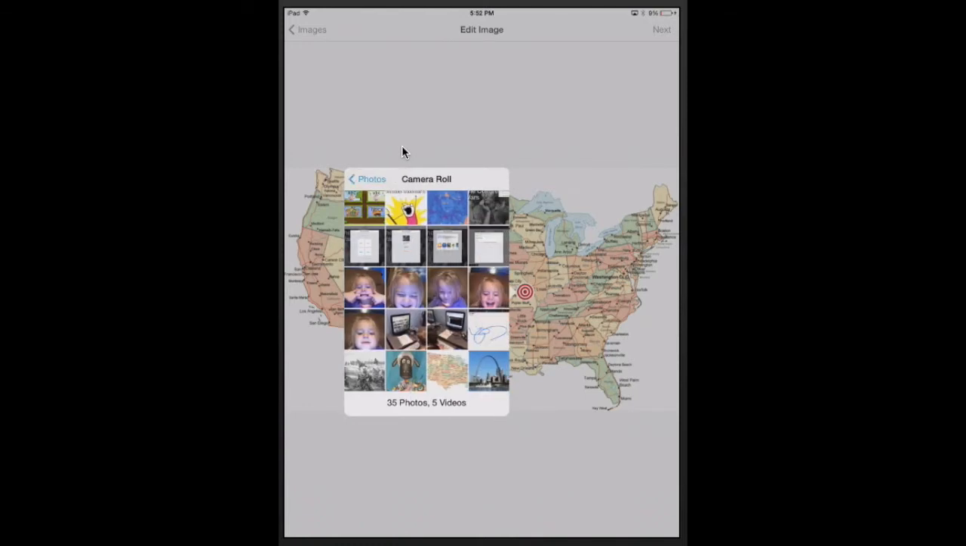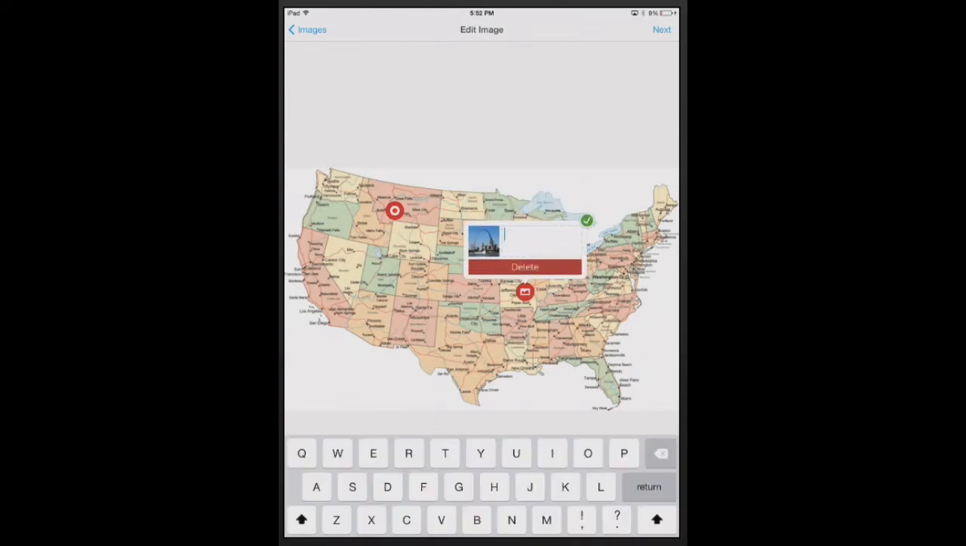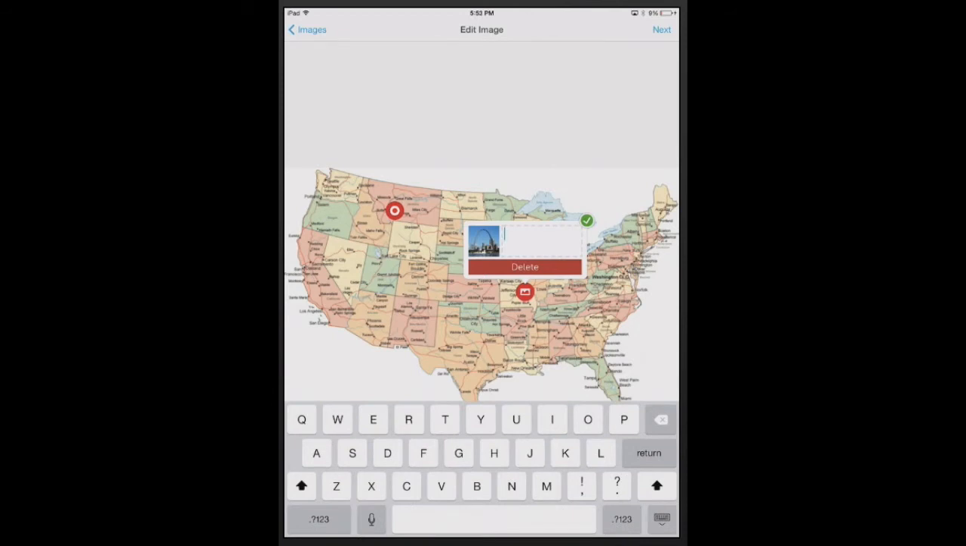And from my camera roll, you can see the arch there. I'm just going to select the picture, and it automatically puts it in for me. Now I want to add information to that, so I'm going to click that little pencil there on the top, and I'm going to select and put in my caption. So I might say the Gateway Arch can be found in